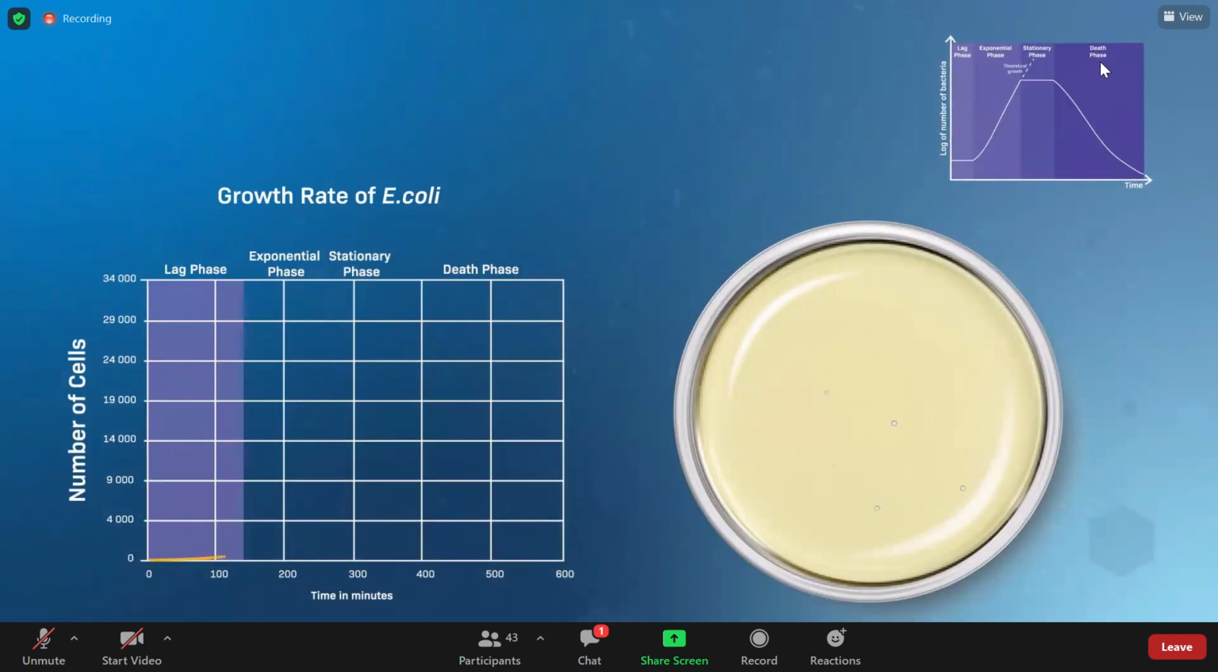Growth during the lag phase is slow because of the low number of bacterial cells replicating and the time needed for bacteria to synthesize the proteins needed